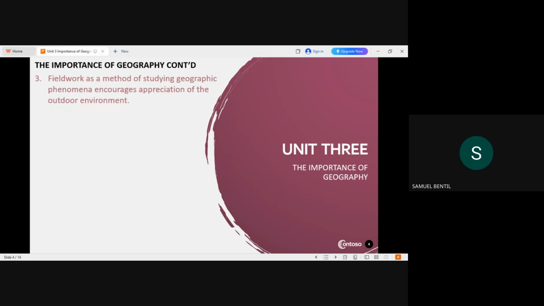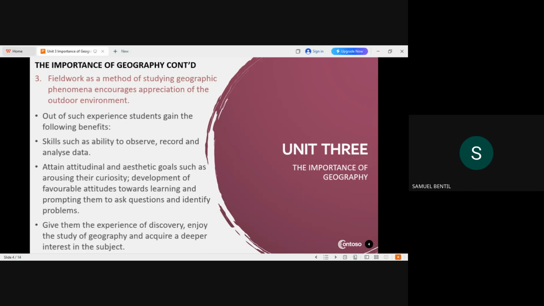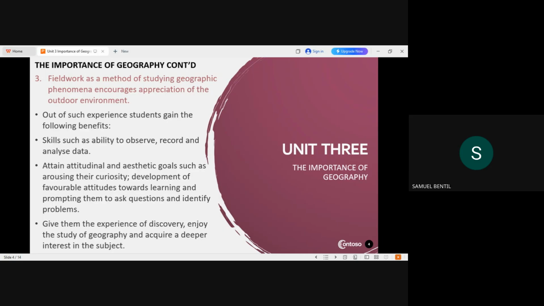And so, one of the two cardinal laboratories of geography is the environment, and we use fieldwork as a method of studying geographic phenomena. This fieldwork method encourages appreciation of outdoor environment activities. Out of such experiences students gain skills such as the ability to observe through outdoor exploration, and the ability to observe, record, and analyze data, which one of you said, and attain